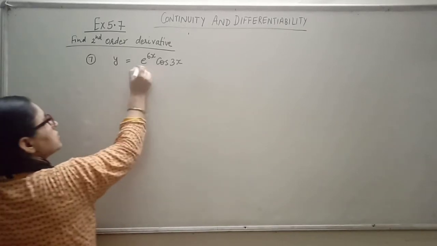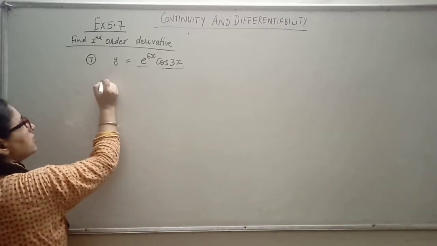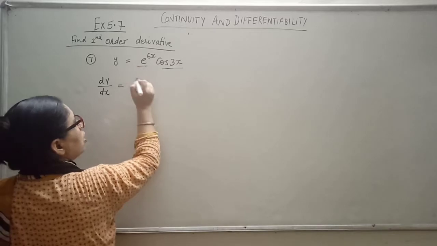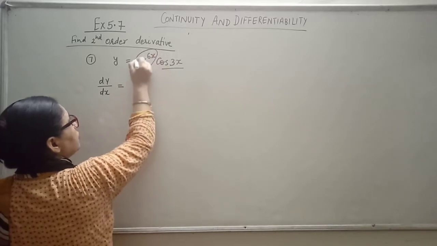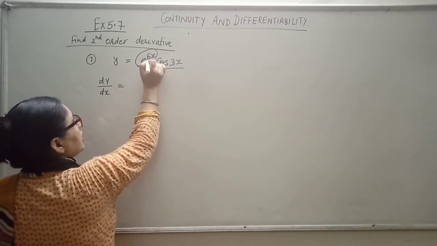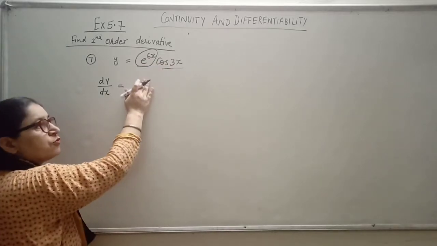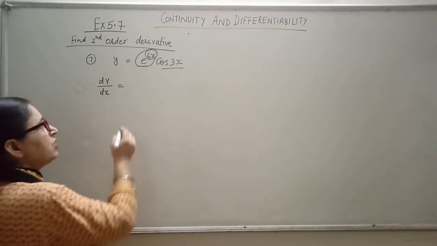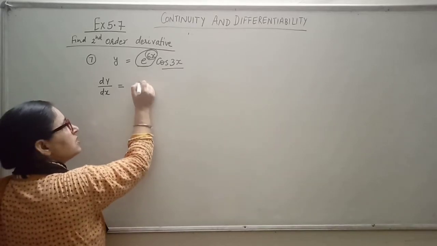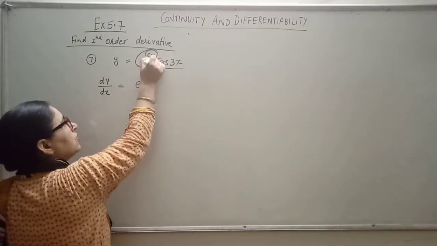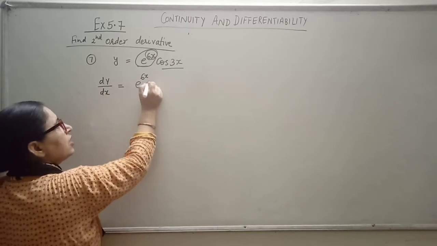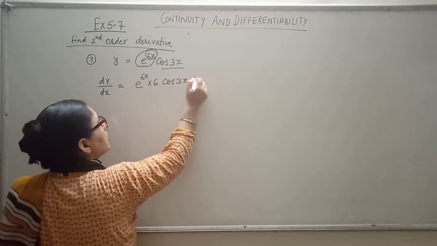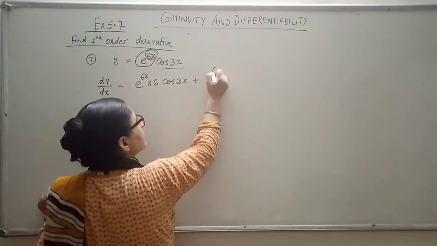Again there are two functions in multiplication. So first order derivative क्या होगा इसका? First of all we will find the derivative of this. और इसका निकालने के लिए if we compare it with the basic formula, we know that e raised to power x is the basic formula. So its derivative will be e raised to power x, means e raised to power 6x, and whatever we have considered as x, now derivative of this. This function will be written as it is, okay, plus now this will be written as it is, and now